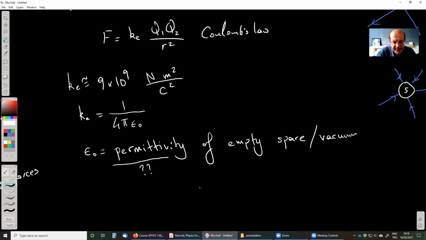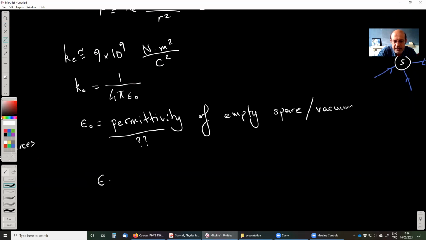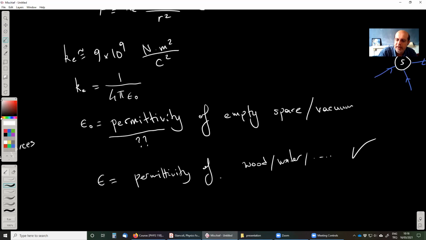So there are things like, for example, the permittivity of some materials, let's say some wood or water or some material mediums, which have permittivities as well. Yes, there are. We are going to see this later on. Every medium has some kind of permittivity. We will see later, okay? I will describe these, but right now